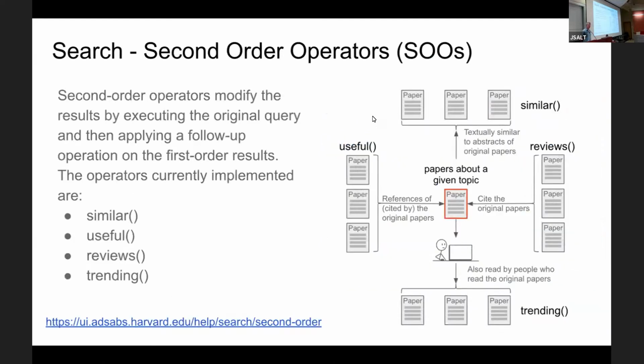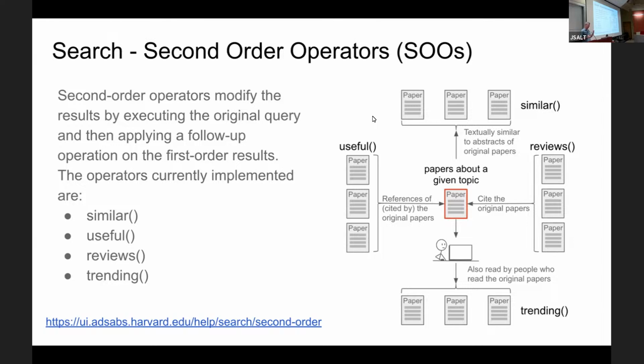So the second order operators that I alluded to, these are something that was originally envisioned by our project scientist, Mike Kurtz, and it was implemented in our early search engine, which was custom built and developed. But I think this is something that is unique to our system as far as I know. They're based on the premise that the search engine supports any number of queries. So let's call these first order queries, where